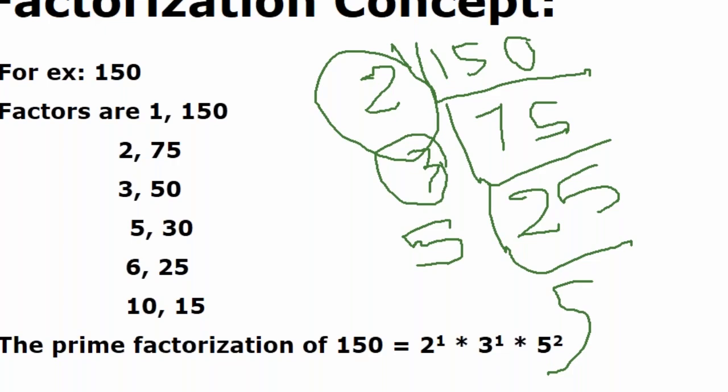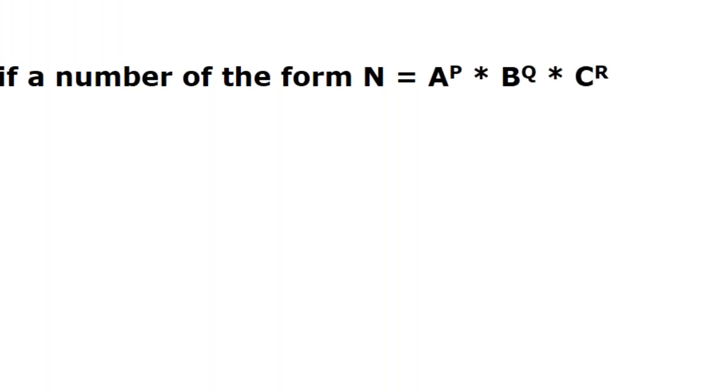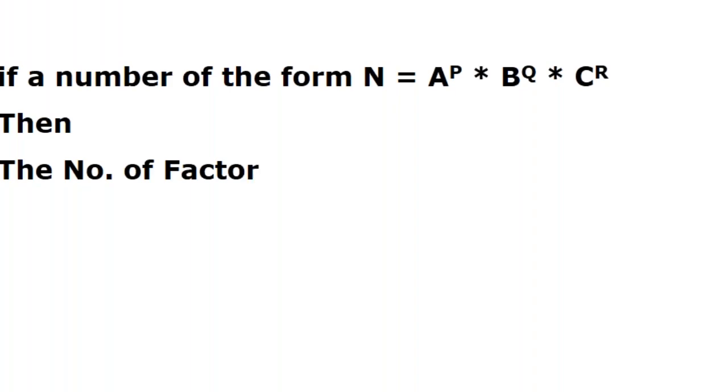If n is equal to a power p, if n is equal to a power p into b power q, if n is equal to a power p into b power q into c power r, then the total number of factors of n is equal to